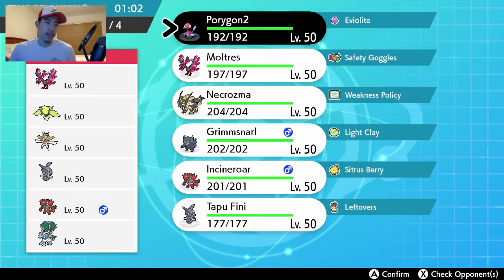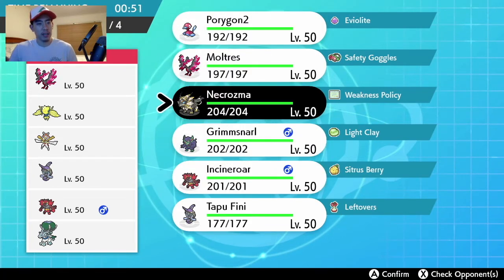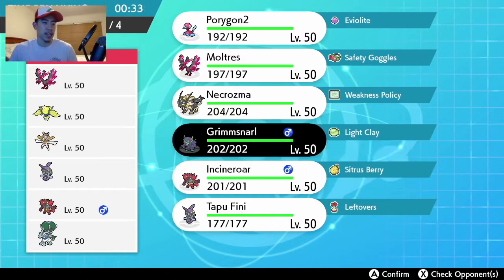Now, I gotta think, what are my answers to the Gyarados and the Kartana? Grimmsnarl doesn't look the greatest because of the Kartana, but I do want to set up screens, so this one's a tough one, actually. Let's see here. Fini doesn't look the greatest. Fini could maybe do some damage into the Moltres, but other than that... So I think this is a Grimmsnarl,